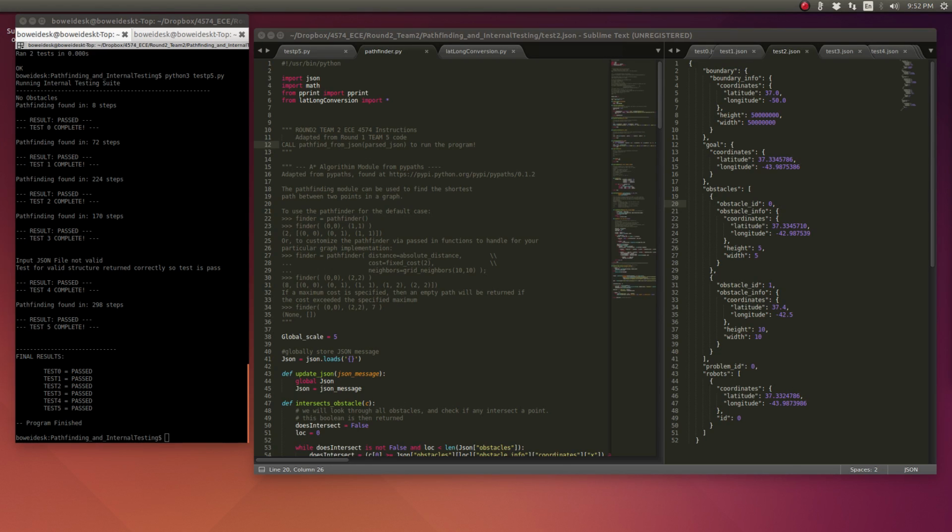Good evening. This is Bowie Zhao here with ECE4574, Round 2, Team 2, here to showcase our internal pathfinding algorithm. Our team was tasked with refining the pathfinding API definition and implementation, as well as being the intermediate between the other teams, meaning we had to have a standardized format for what we'd agreed that we would send to